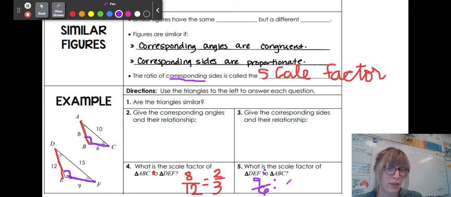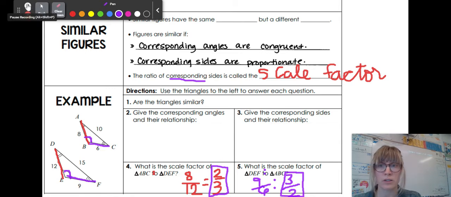We could divide these both by 3. So we could pull three 3s out of here and two 3s out of here, which becomes our scale factor. Okay. So when you use this information, you could find the scale factor for this last one too, but what you'll see is that when you go from one to the other, we could have done this same 8 to 12 of the ABC triangle to the DEF. We could have also just flip-flopped and said, well, let's just do a 12 over 8. And you would find that you will end up, again, as you simplify it, with a 3 to 2 ratio,